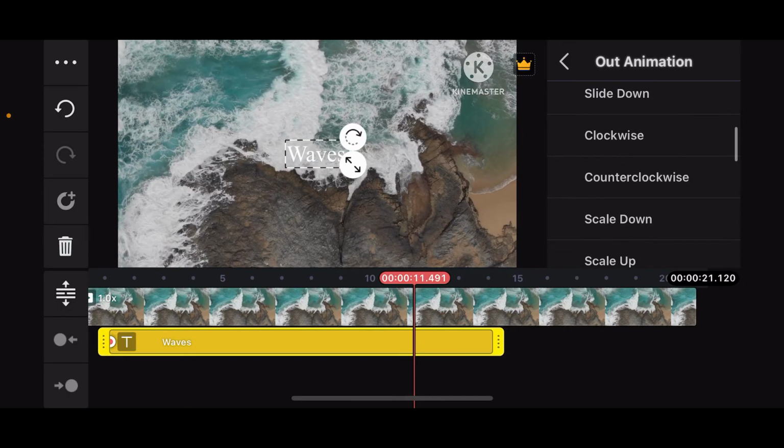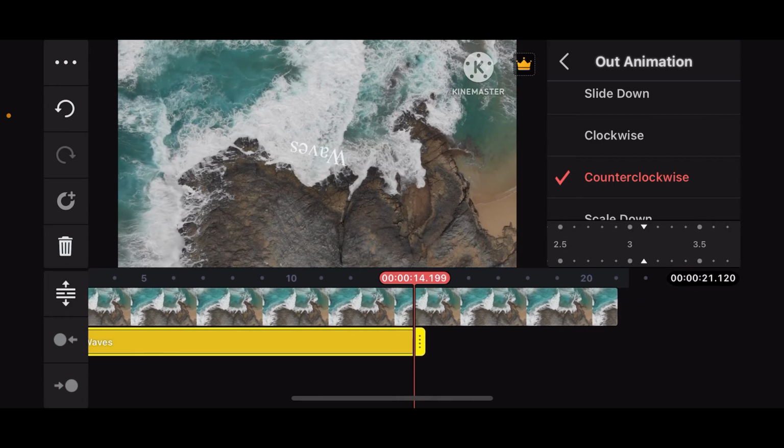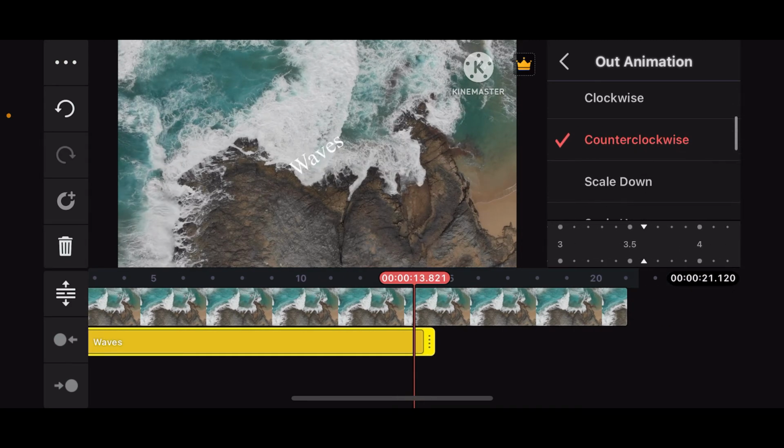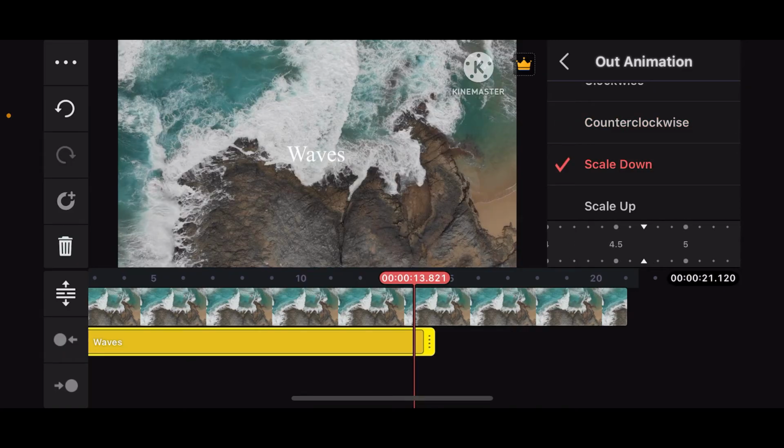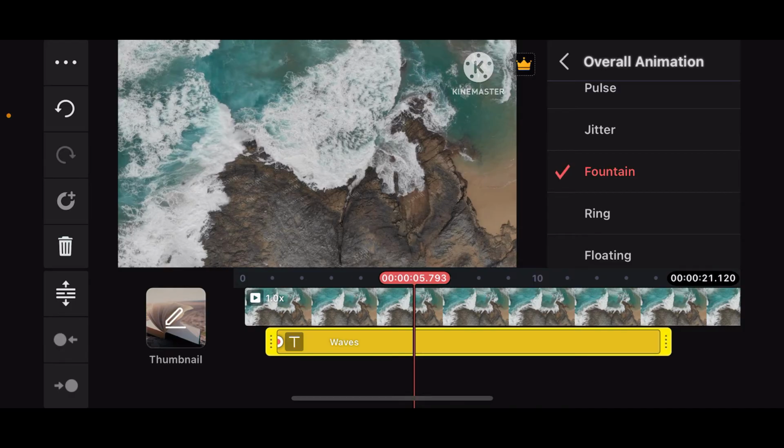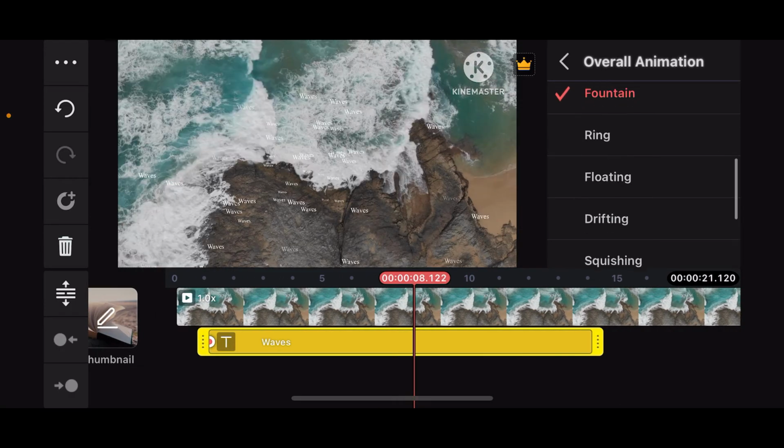Now, for the out animation, select one of the out animation effects, and after you choose it, you can then go ahead and drag the little slider at the bottom and apply the animation. You can now go ahead and tap on Overall Animation and choose the overall animation from the list and apply